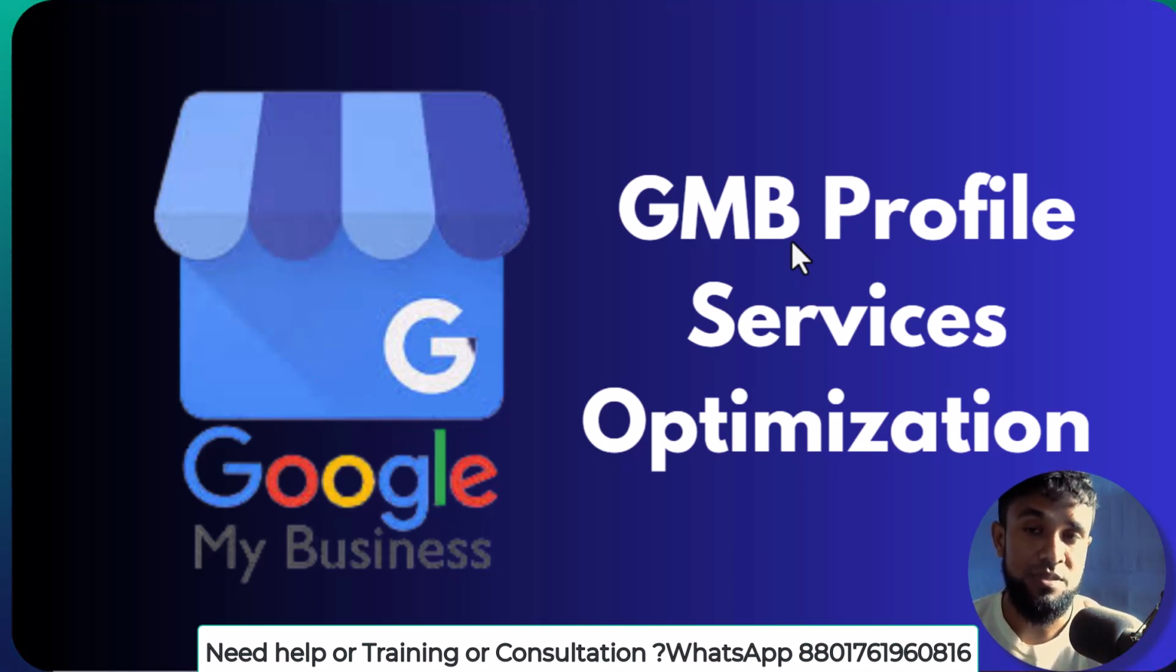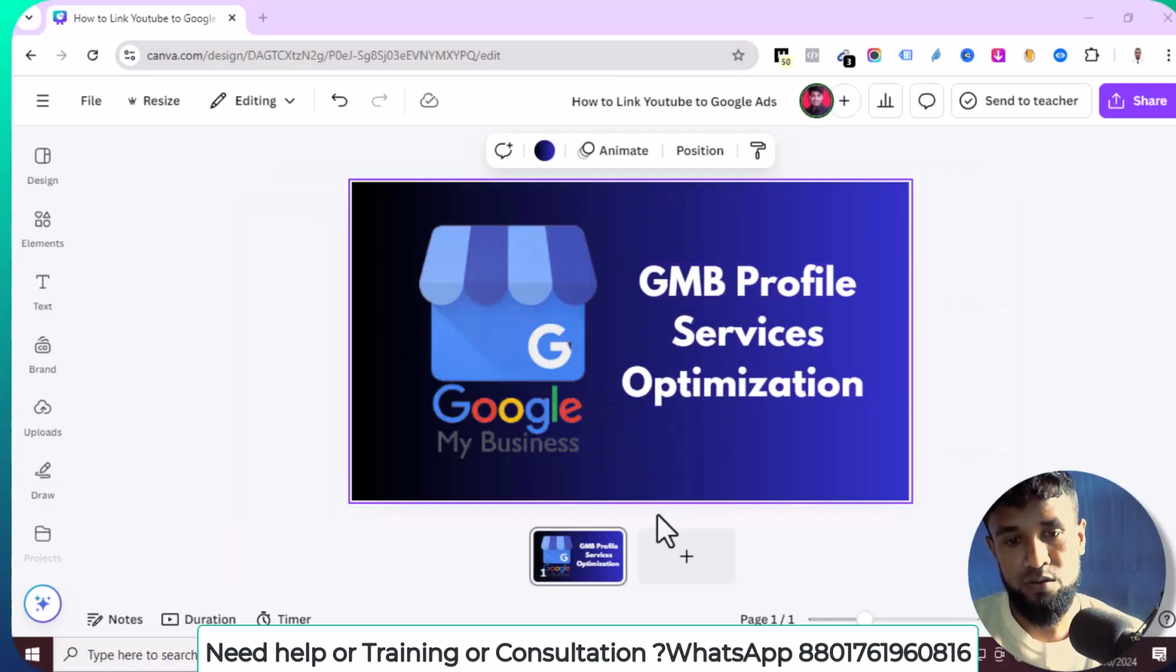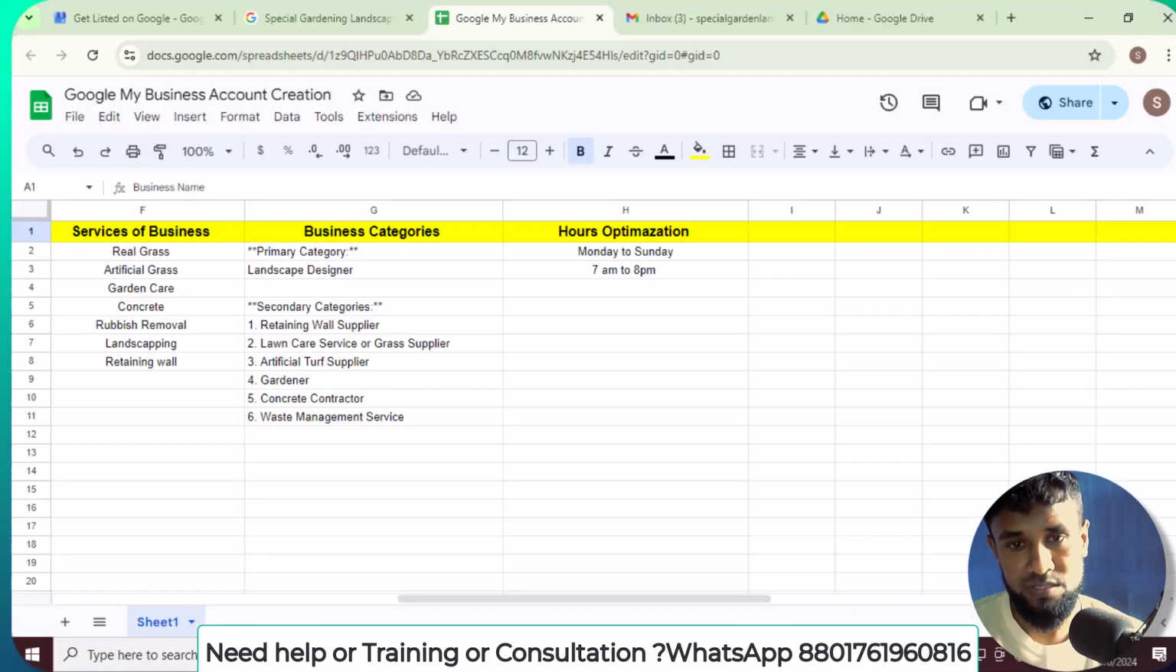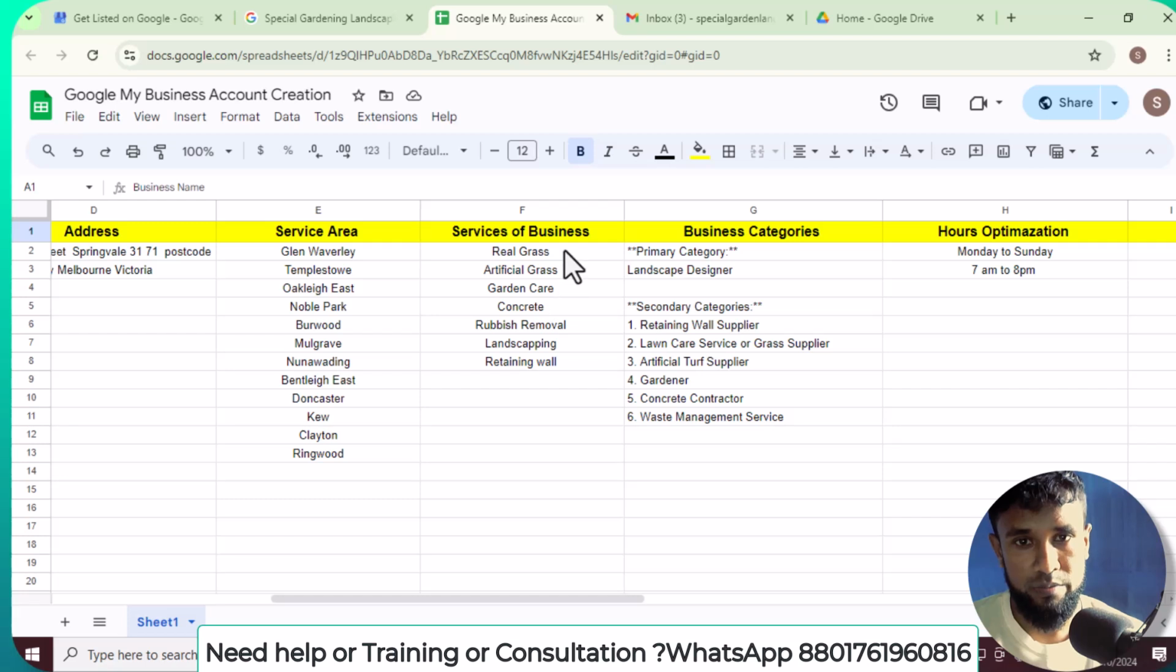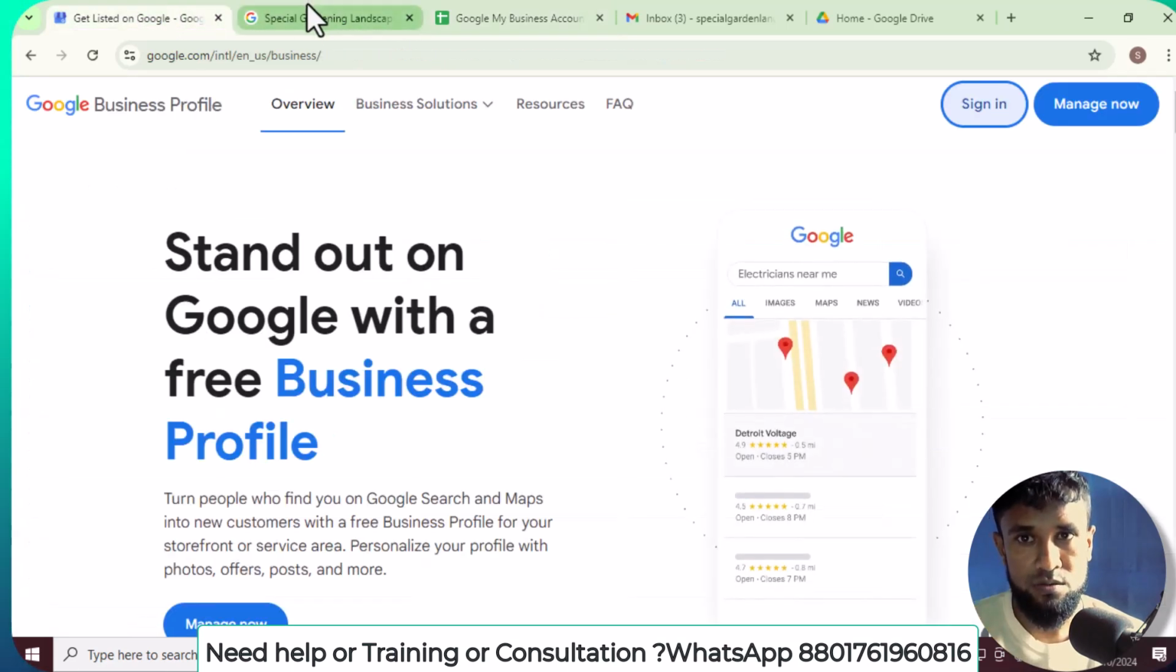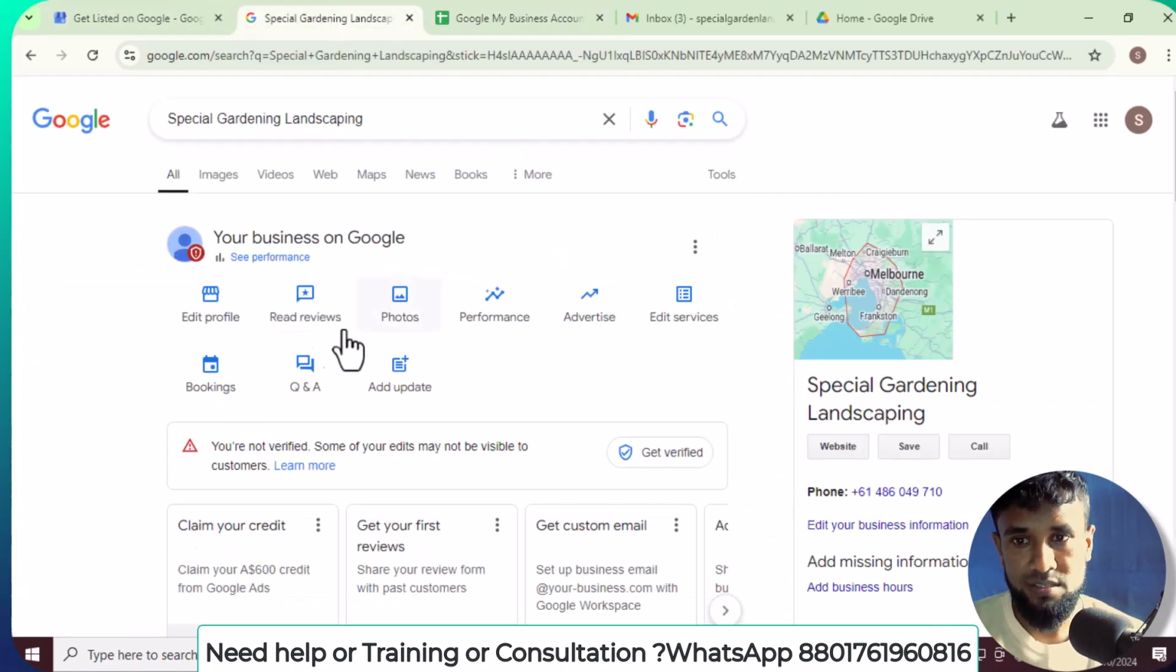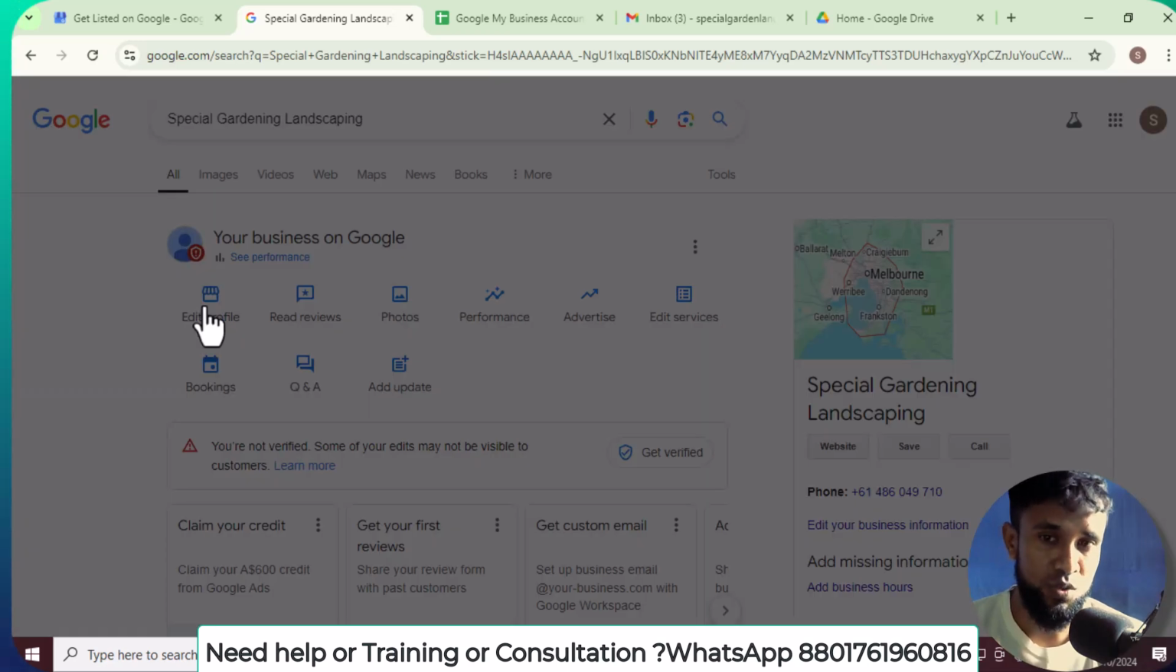So basically, if you do not verify it, then we cannot add custom services. Okay, so here you can see my client has 7 services. So we are going to try to add some services. Okay,